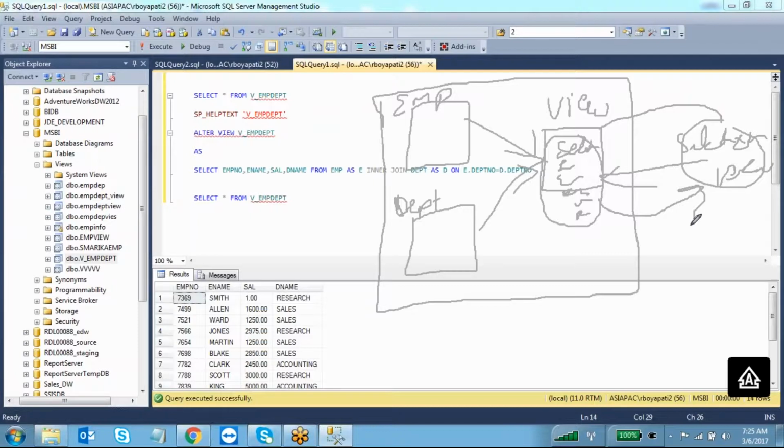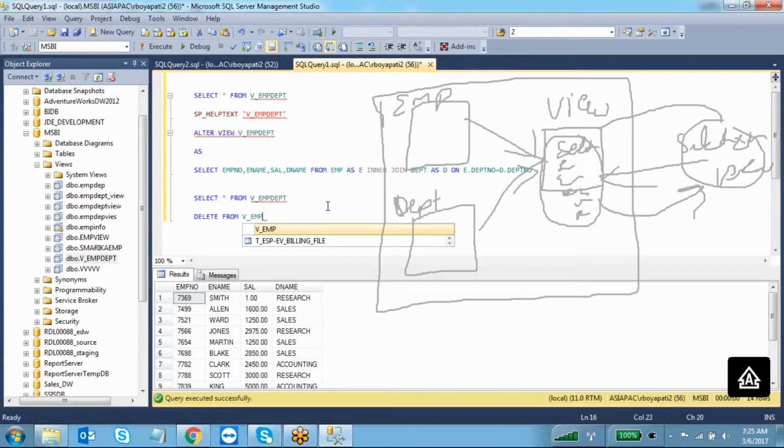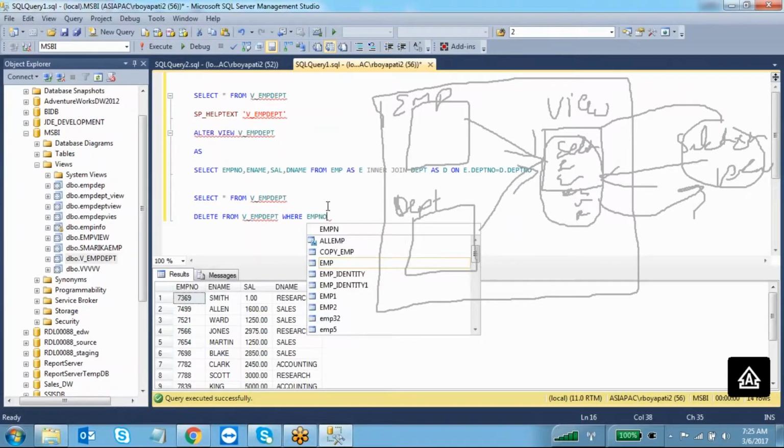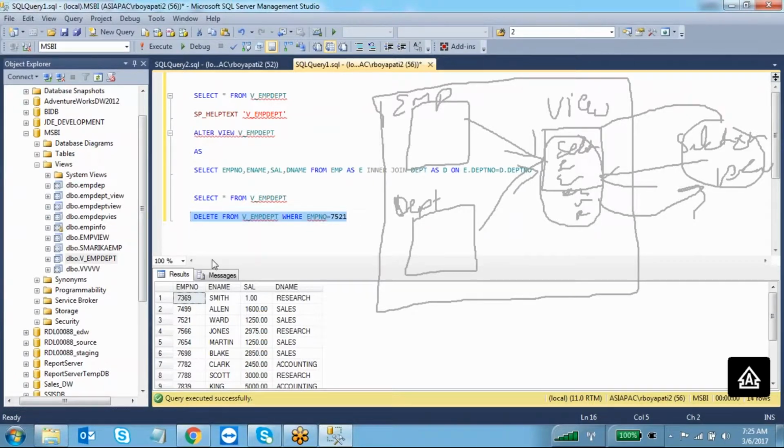For example, if I am deleting a particular employee's information, delete from v_emp_dept where employee number equal to 7521, where is it going to delete this record? This view doesn't have any data. This is just storing the query.